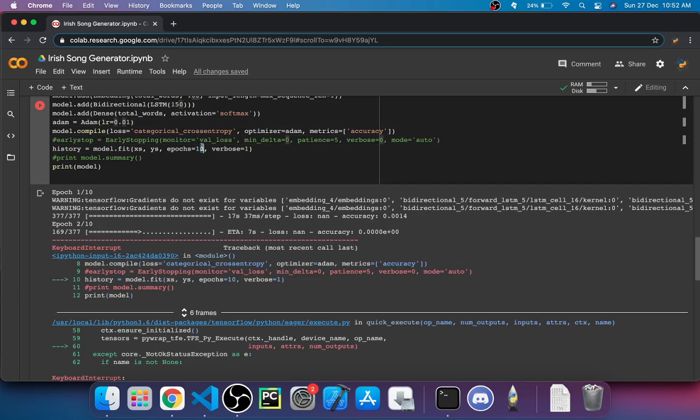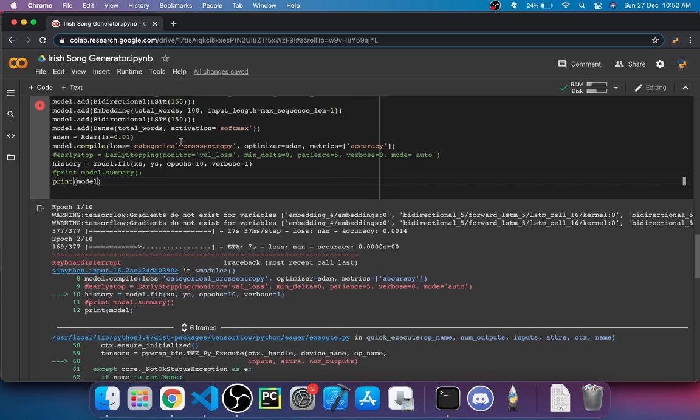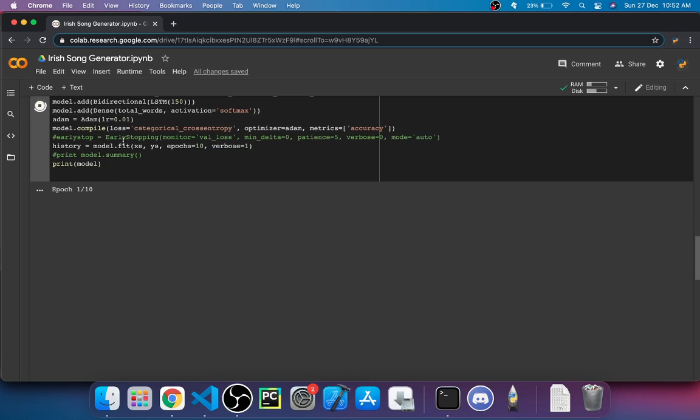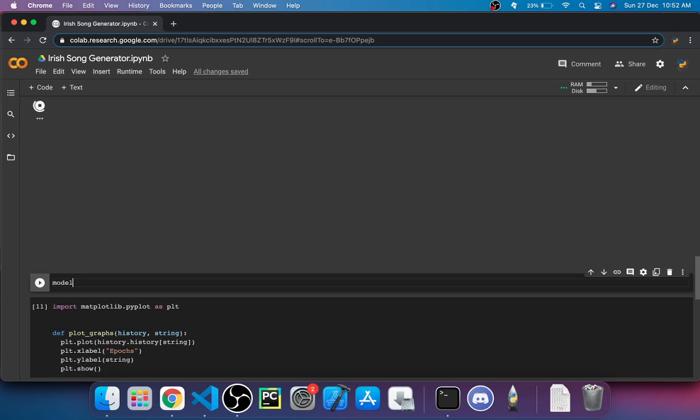Just the way to increase the accuracy in this type of text classification, the best way is just put more epochs and only add layers when you really want to add them. Don't just keep on stacking layers, because it's usually not the best thing. Because let me actually tell you something cool. So if I just add a code block over and just type out model dot summary, I'm just gonna run this code block over here.